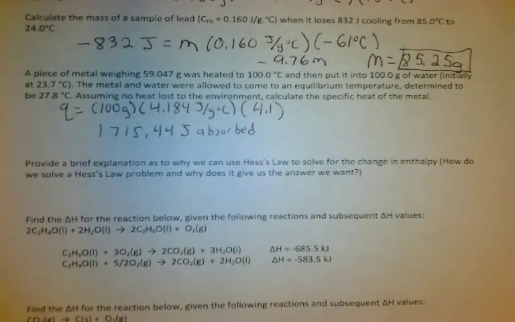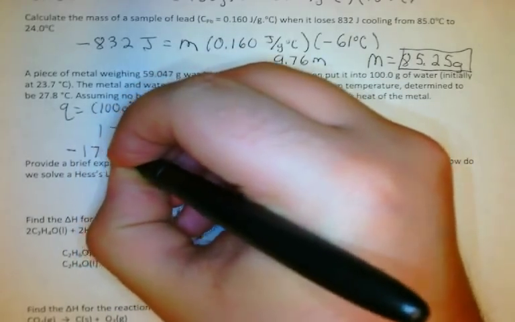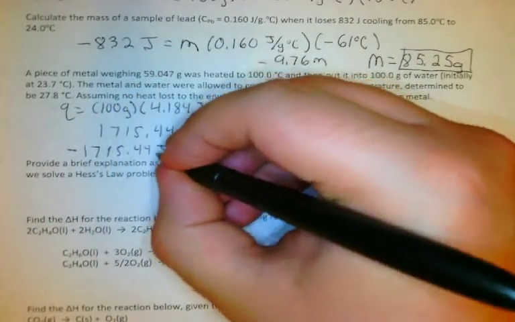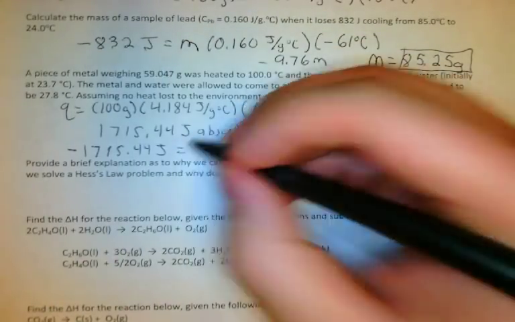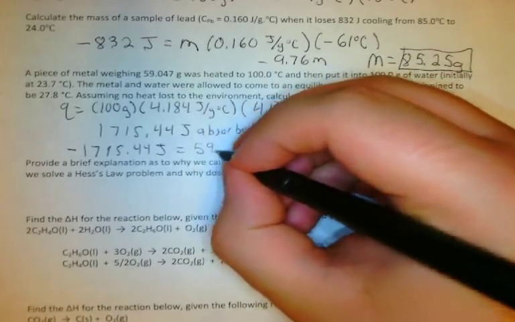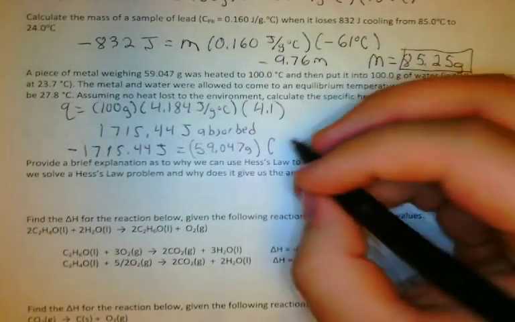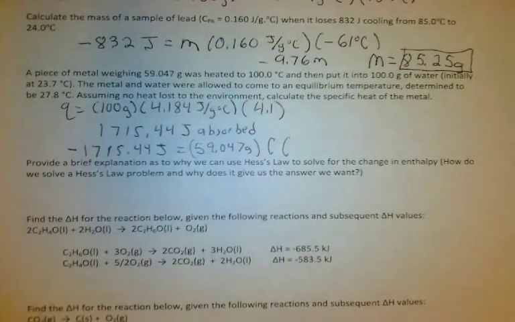So if the hot piece of metal, when I put it in water, allowed that much energy to be released, that should be the amount that the water absorbed. So let's flip our sign, negative 1,715.44 joules, and say, now this is how much the metal released. Let's find out what its specific heat was. And we know its mass. We don't know its specific heat, but we do know it went from 100 to 27.8. So we go 27.8 minus 100. That means it cooled